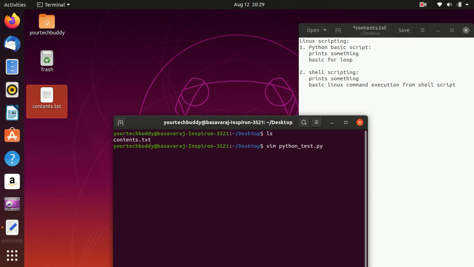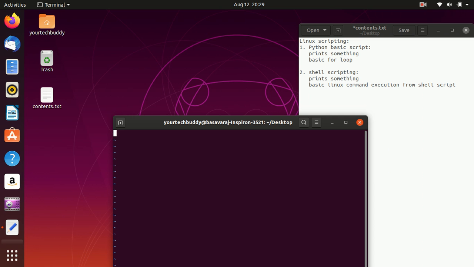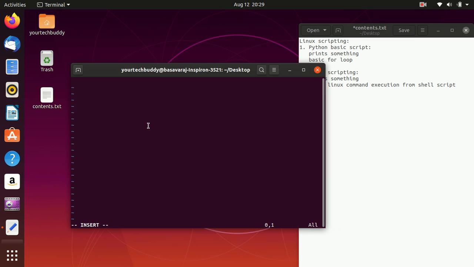You can see I'm giving an extension called .py, which shows that it's a Python script. The first line shows which executable is going to run this, which is Python, installed in the bin folder in the Ubuntu operating system.